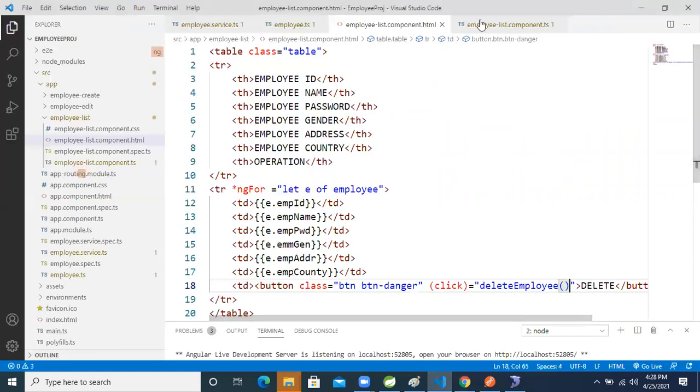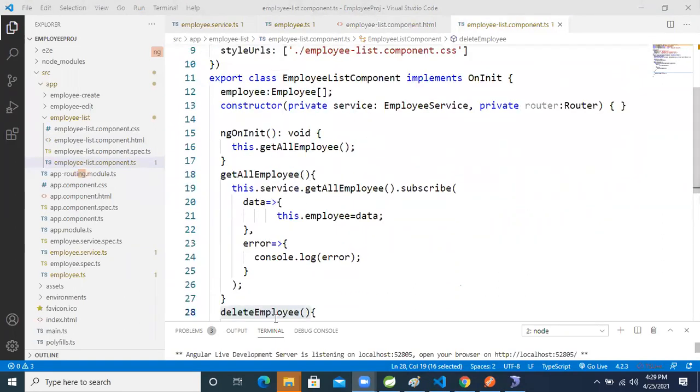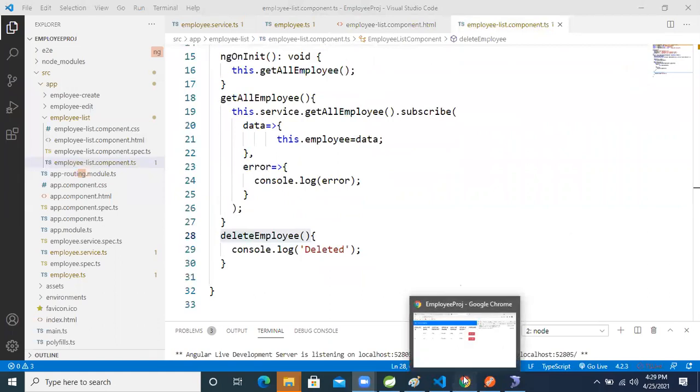This is the console. I just want to see the message first, guys.